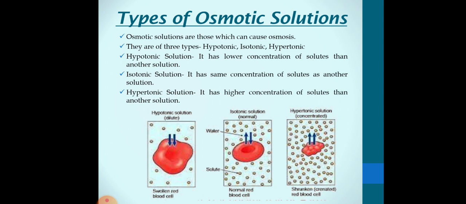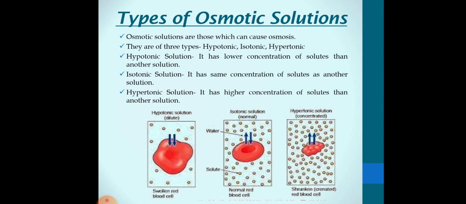Fine. So hypotonic solutions can be said as dilute solutions, those which contain a smaller amount of solute, and hypertonic solutions can be said as concentrated solutions, that means which contain more amount of solute. Okay, so whenever a cell is placed in hypotonic solution, water will move inside the cell. As a result, it will swell. Whereas in case of isotonic solution, there will be continuous movement of water in and out of the cell. As a result, no change in shape will be seen.